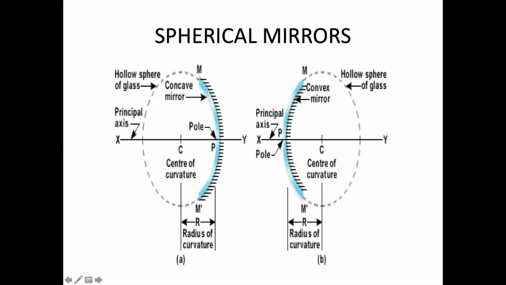So what is the radius of curvature? Radius of curvature is the distance between the center of curvature and the pole. Center of curvature is a point and radius of curvature is the distance. And where will the focus come? Exactly between the pole and the center of curvature. Similarly, I can draw that for a convex mirror. You can see on this side, I can make the whole sphere. I can put a center of this. Then the distance between the pole and the center of curvature is called the radius of curvature, and in between I can put the focus exactly in between.